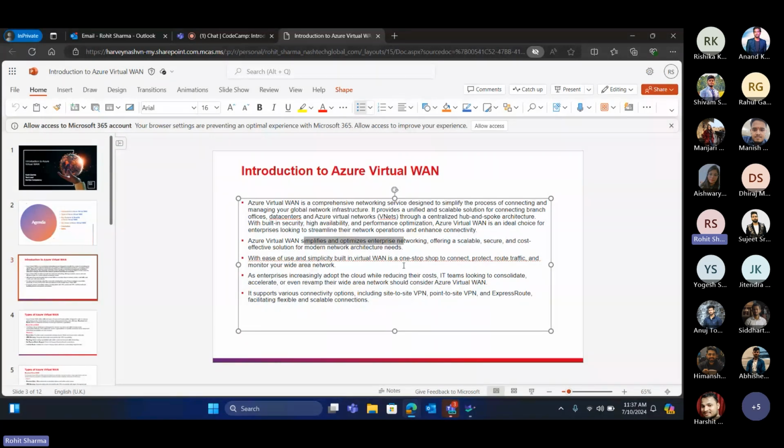Like if you monitor your network and you are facing some issue related to any kind of switches or any kind of router, or you are facing any kind of latency in that traffic, it will be helpful for providing all of that in your virtual WAN. So this is quite important, and it will also be helpful for providing the wide area network. So this is the introduction for Azure virtual WAN that we are using in our day-to-day life,